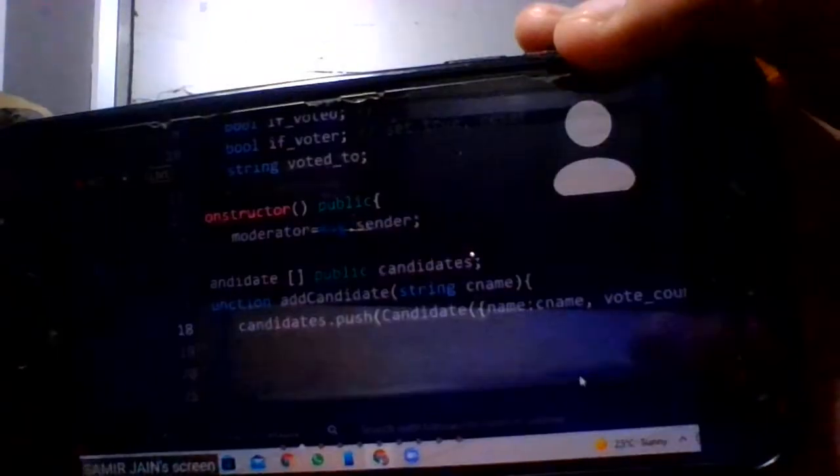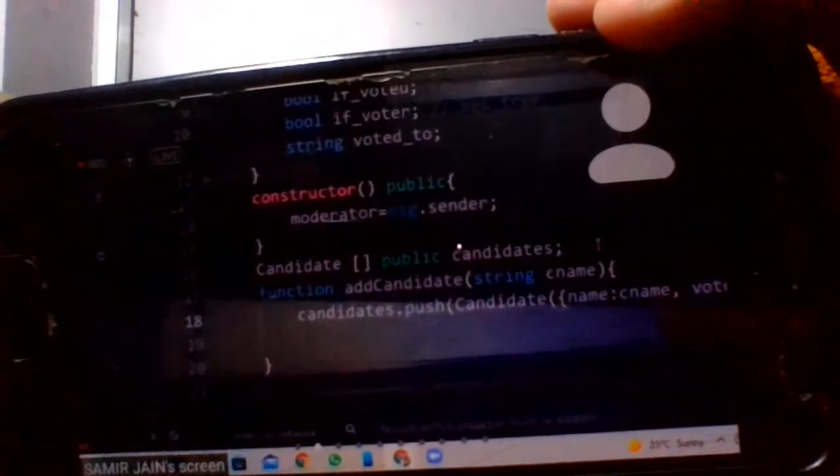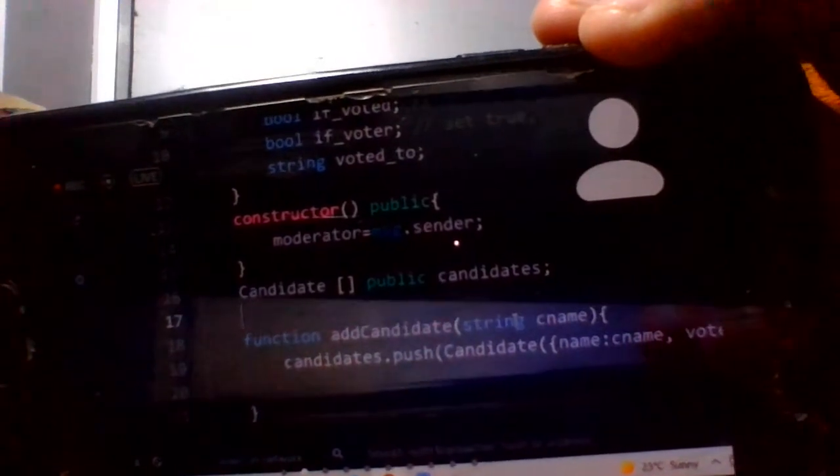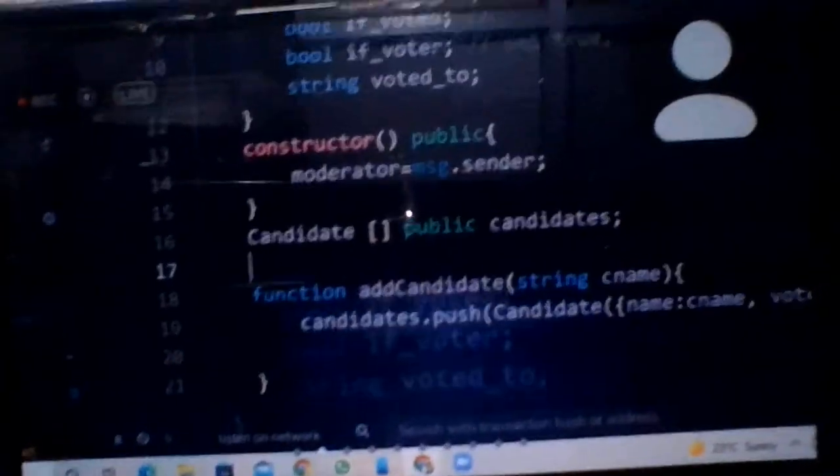Now, I've discussed earlier who can add the candidate. Can anybody tell me in the chat who has the rights to add the candidate? Yeah, very nice. The moderator has the rights.